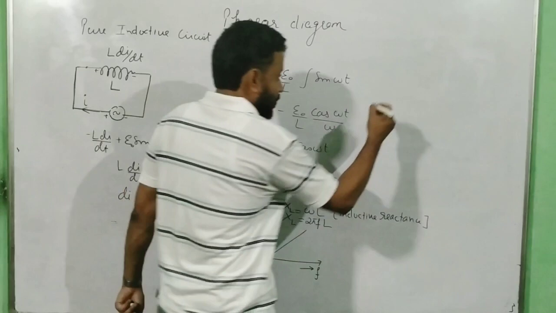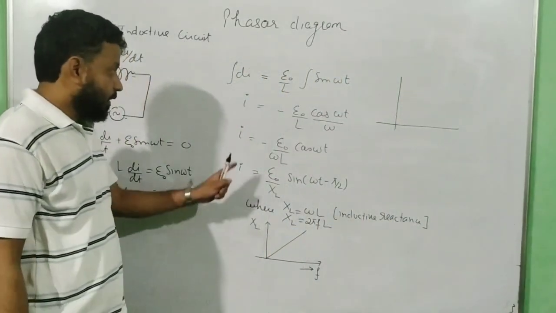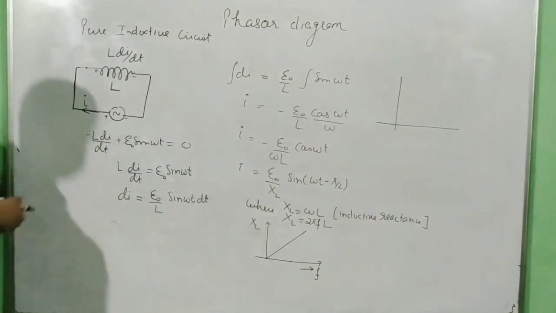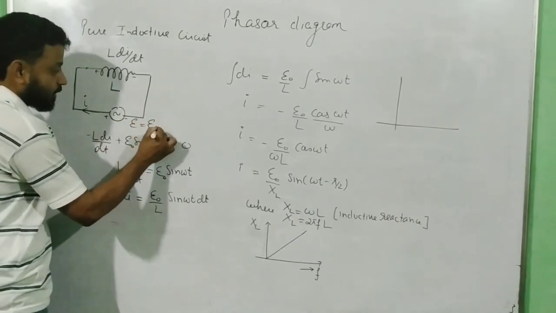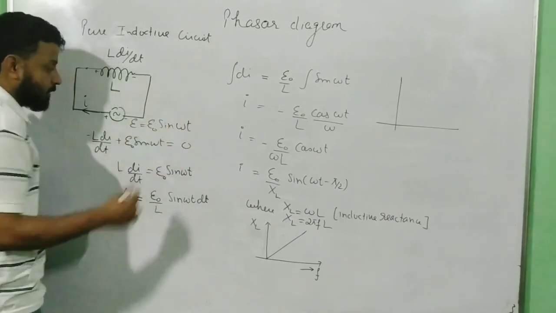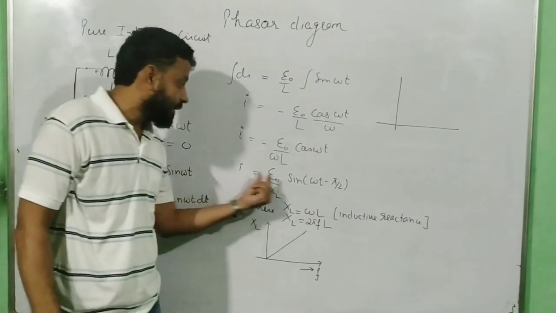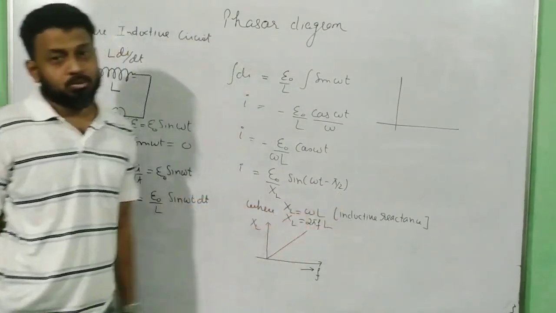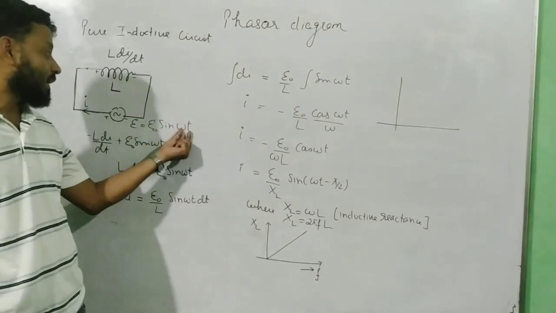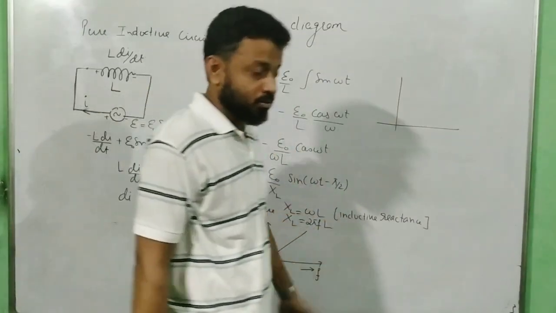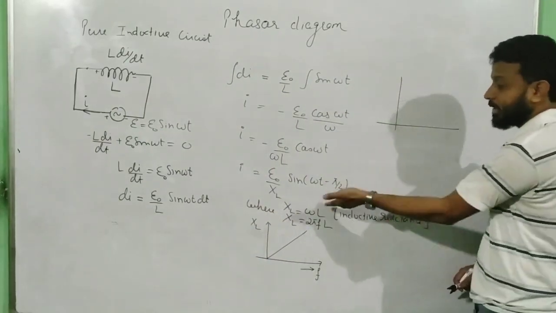Now come to the phasor diagram, the most important area. Again, let me repeat my statement. How much EMF was given to you? Please note it over here: E is equal to E naught sine omega t. This was the E given to us. So when the phase of EMF is omega t, the phase of current is omega t minus pi by 2. That means when EMF is equal to 0 at time t equal to 0, my current is not 0. The only difference if I compare this with capacitance is that it was plus, now it is minus.